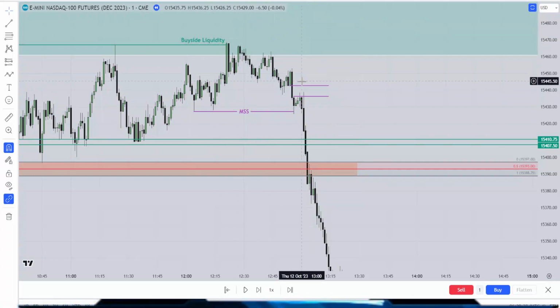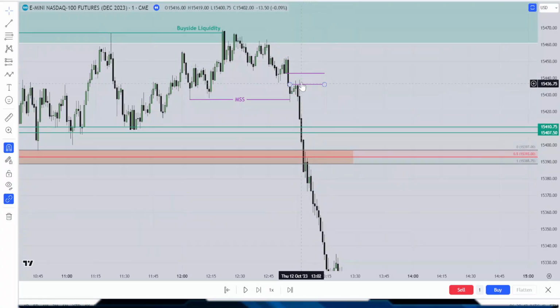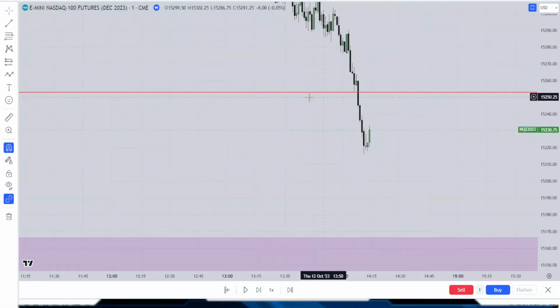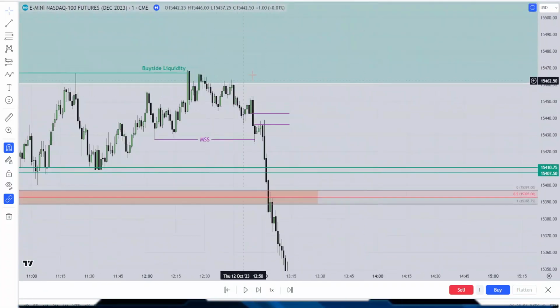I am not telling you that you will be right every time. I am not telling you this. I am telling you this: you have to read the price, you have to understand what the price is actually willing to do. Okay, when you see this clean sell side liquidity and price is rejecting from the daily